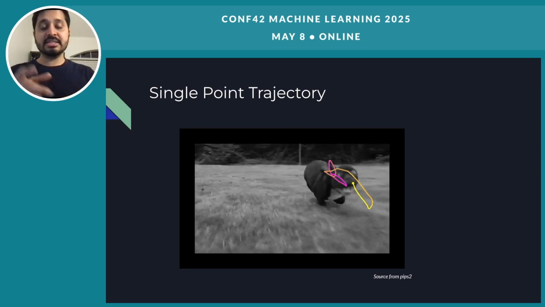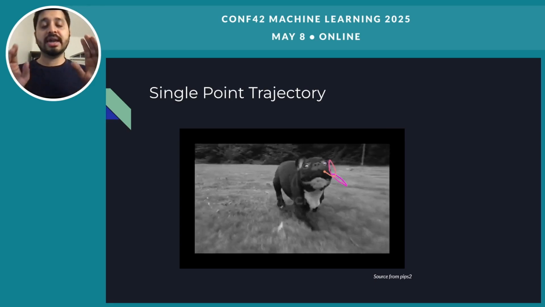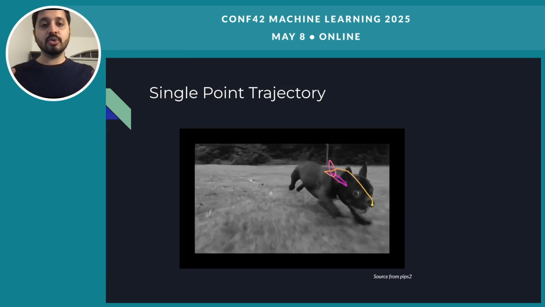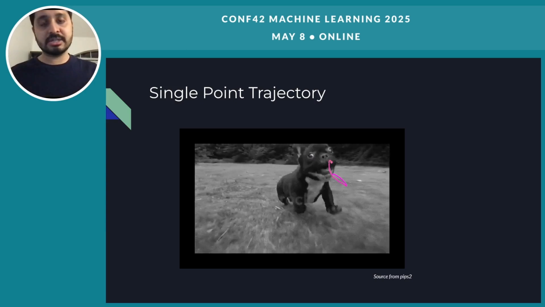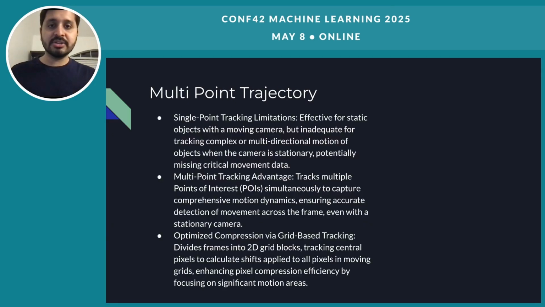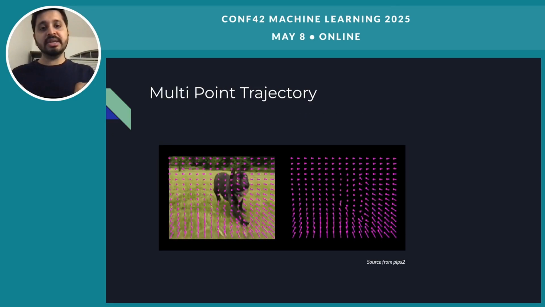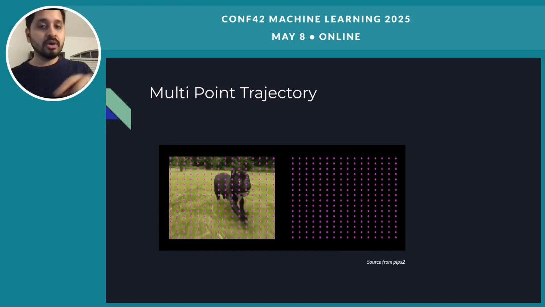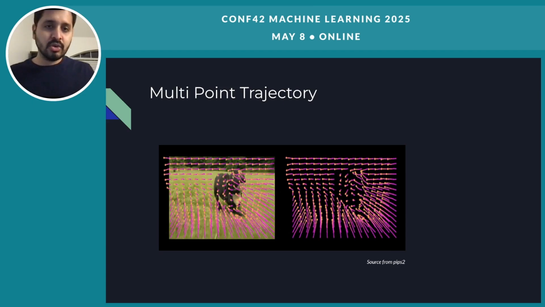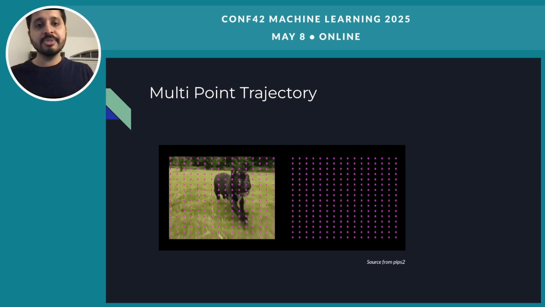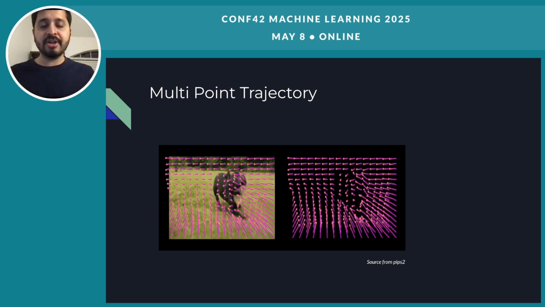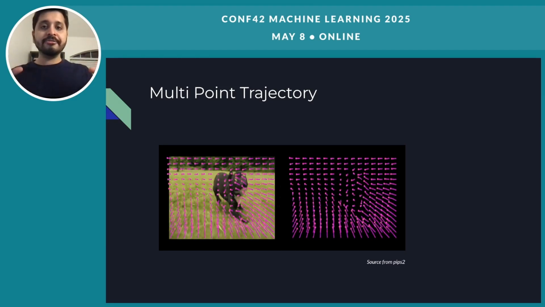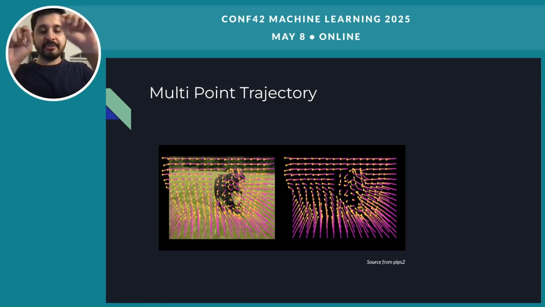But in this video, we can see that the dog, the object, as well as the video, both are moving. So a single point trajectory would not effectively say how the pixels are moving. But by using a multi-point trajectory, you can see how the entire video moves from one frame to another. Let's say it's a 2-second video, we might have 4 to 5 frames in this. We can see from frame 1 to frame 5 how far it has been shifted. So this can give an overview of how the pixels are moving at different positions.